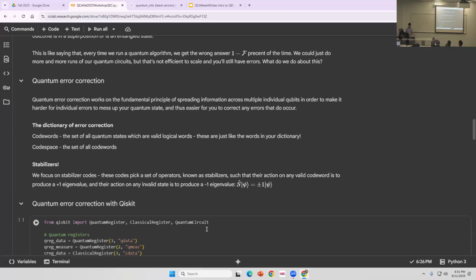So if I meant to send you hello, and I instead send you tello with a T instead of an H, you know, okay, tello is not a valid English word. Or in this language, it's not a code word. It's not in our code space, which is our dictionary of all valid code words. So every time you see something that's not in your code word dictionary, your code space, you say, okay, an error has probably occurred. You can't necessarily be certain, and I'll tell you why, but you can assume that an